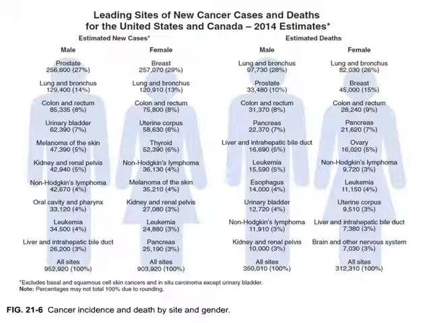This is a chart, you don't have to memorize it, but just get an overall idea of the different types of cancers in the male and female population in the United States and Canada. In males, the prostate is the most common one, and in females, breast cancer is. Lung and bronchus then follow. Everything else just kind of falls down from there. So just kind of get familiar with that. You're not going to have to regurgitate this back, but I think it's important to see the different types of cancers.